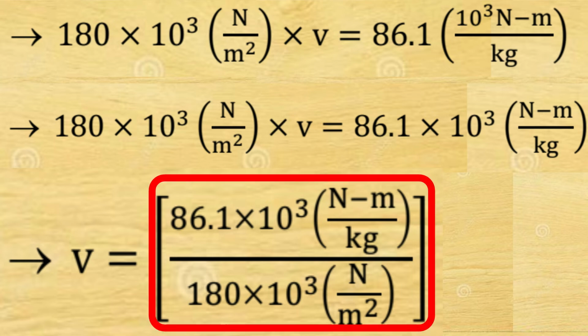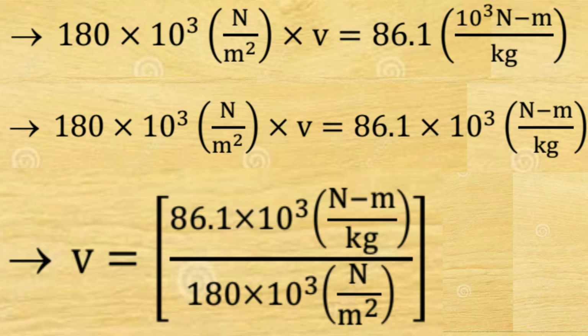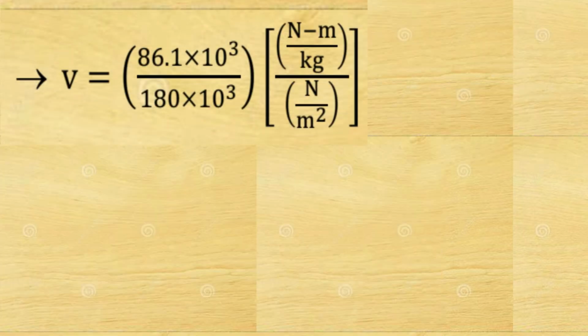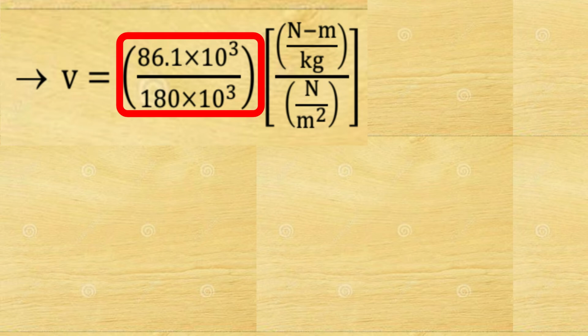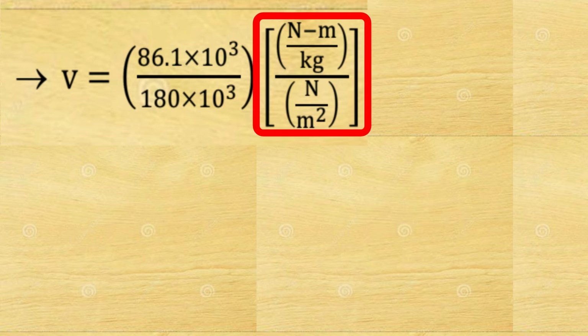In this RHS, we will split the numerical terms and SI units. We get small v is equal to 86.1 into 10 power 3 whole divided by 180 into 10 power 3 into Newton meter per kg whole divided by Newton per meter square. So here 86.1 into 10 power 3 whole divided by 180 into 10 power 3 is 0.478, and this Newton meter per kg whole divided by Newton per meter square can be simplified by using a